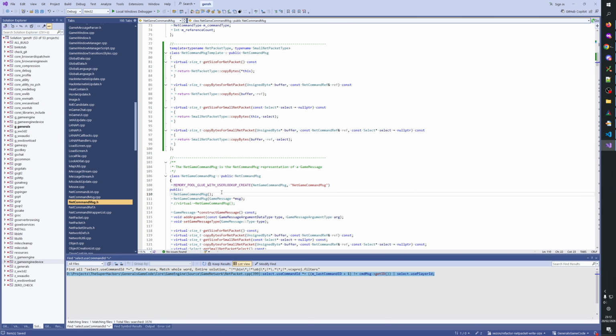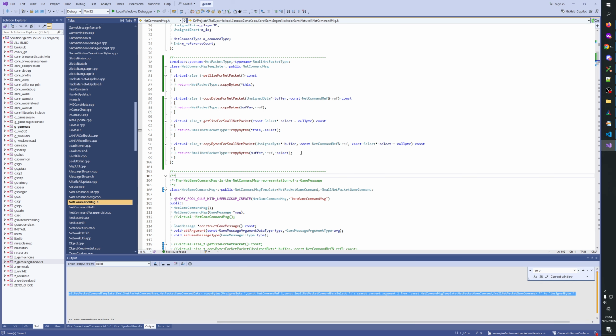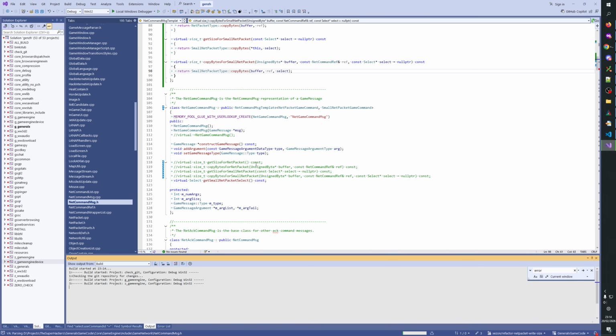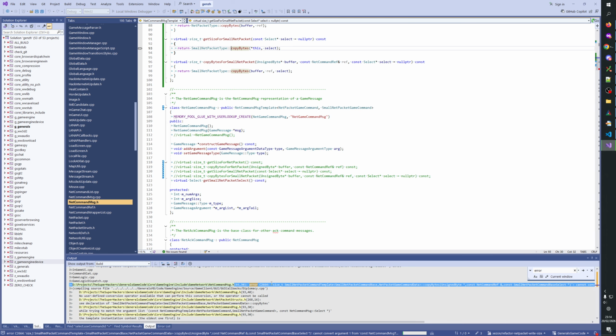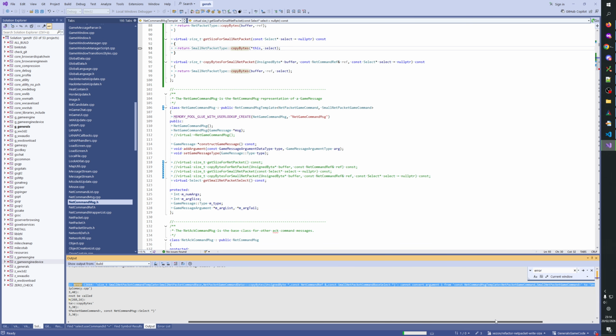Okay. Let's see if that compiles. It does not. Okay, fantastic. What is the problem? Copy bytes. Cannot convert argument 1 from that to that. Okay, I forgot this. Yeah, there we go. Let's try again. Still error. Copy bytes cannot convert argument 1 from